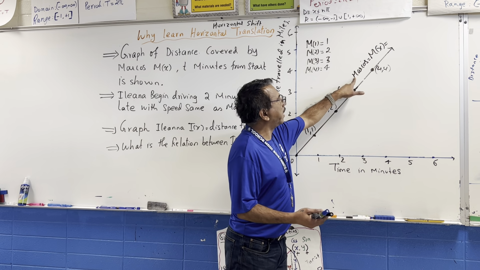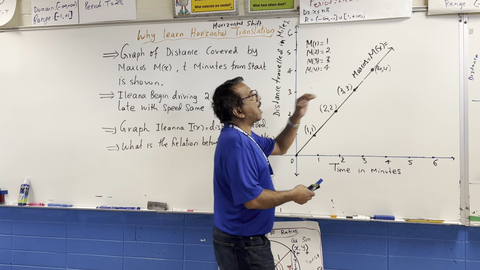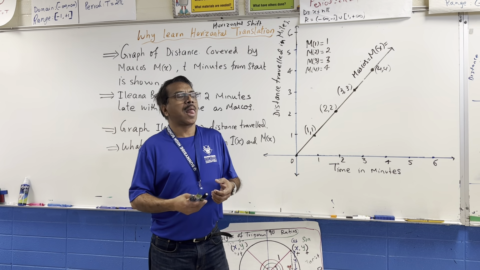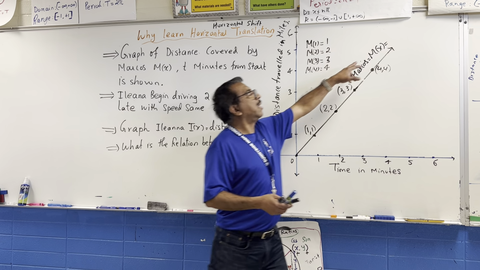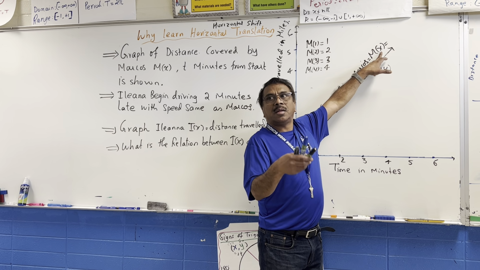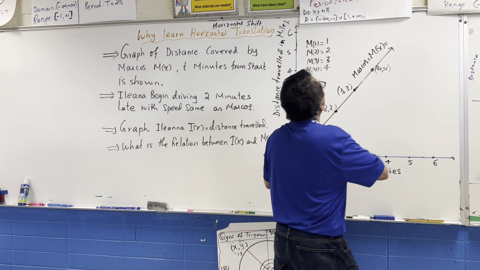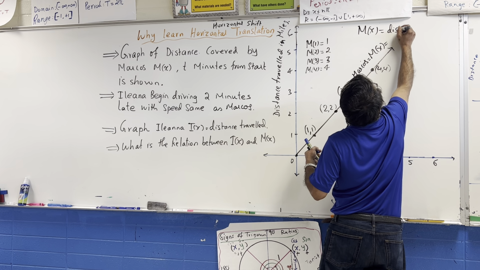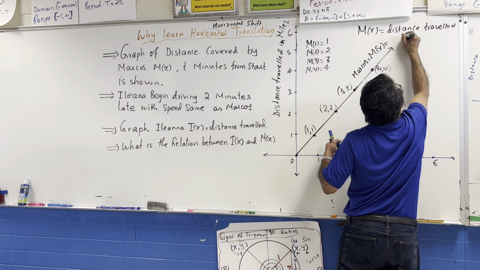I use the student's name just so you feel like you are part of it. So the markers, I use M of x. What M stands for, usually in math we use S or F, but I'm using M here. M of x, so get that right. It's just the output, the distance traveled. What does M of x mean? M of x is the distance traveled by Marcus